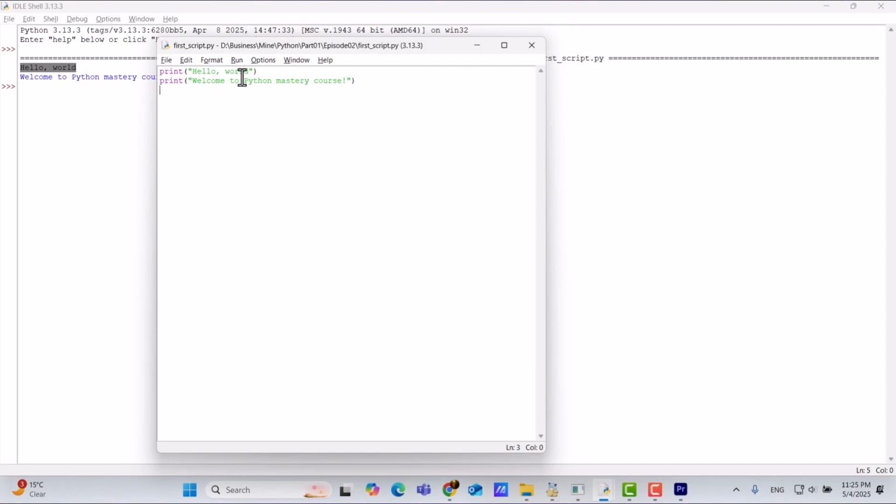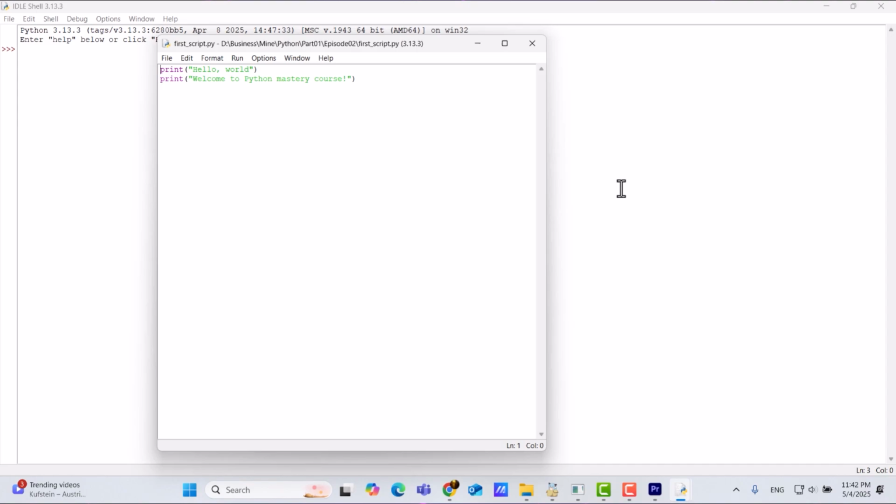A return value is the data a function sends back to the part of the program that called it. It's an internal result that can be stored in a variable or used in future calculations. You use the return keyword in Python to produce a return value. So next, we'll take a look at two ways return values are commonly used in functions, by using another built-in function called input. We'll explore these concepts in action.